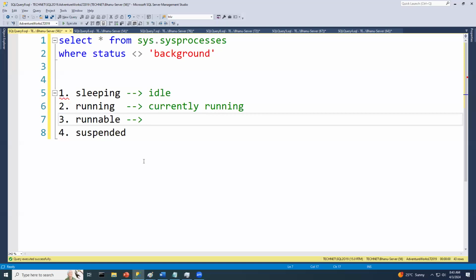So what do you mean by resource? For example, it could be waiting for CPU. Okay, the runnable state means it is waiting for CPU to start running. And the suspended state,